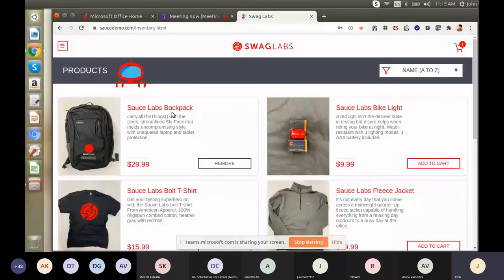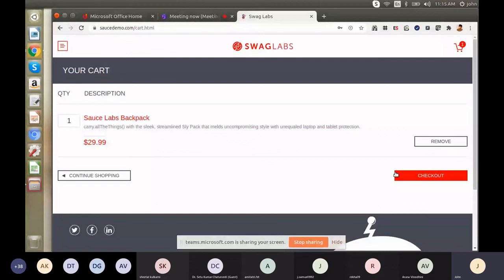So here what we have to do is take this checkout XPath.